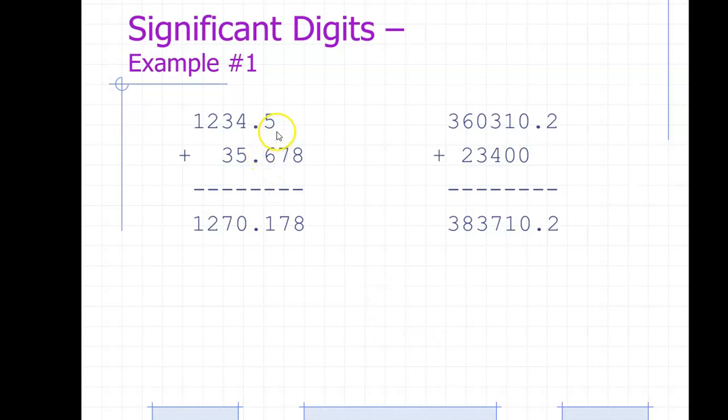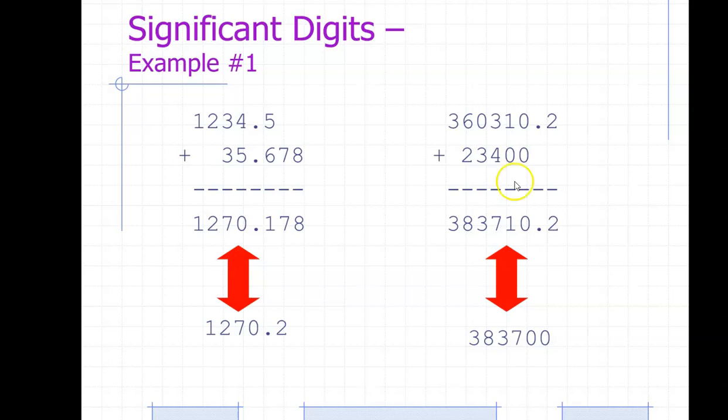So, for example, if these are measured values and I'm going to add them up, you can see that's uncertain, so that'll be uncertain, so that's the uncertain digit. We need to drop all the others, and that's a 7, so we need to round it to a 2. Here, those are not significant, so we've only got 3. When we add it up, that's the last one we want to keep, and so that's a 1, so we're going to leave that a 7. That makes sense, right? If one's uncertain and you add it to one that is certain, the result is uncertain. So we only keep